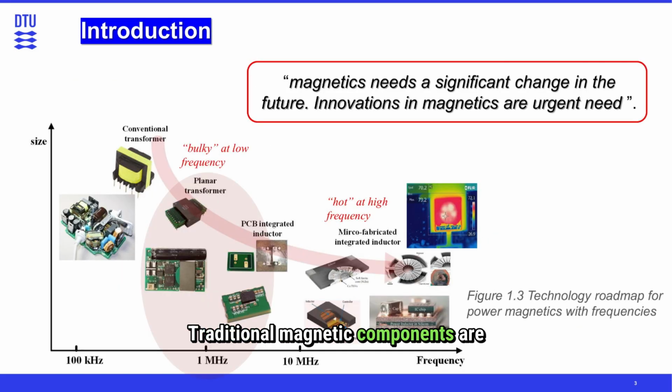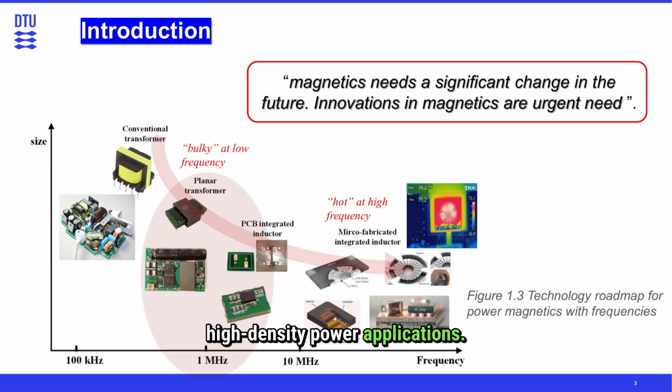Traditional magnetic components are typically bulky and operate at relatively low frequencies. However, with the emergence of wide bandgap semiconductors like gallium nitride and silicon carbide, switching frequencies have increased significantly, driving the need for more compact magnetic designs. Conventional wire-wound magnetics have difficulty meeting these high-frequency demands, making PCB-based magnetics a promising solution for high-efficiency and